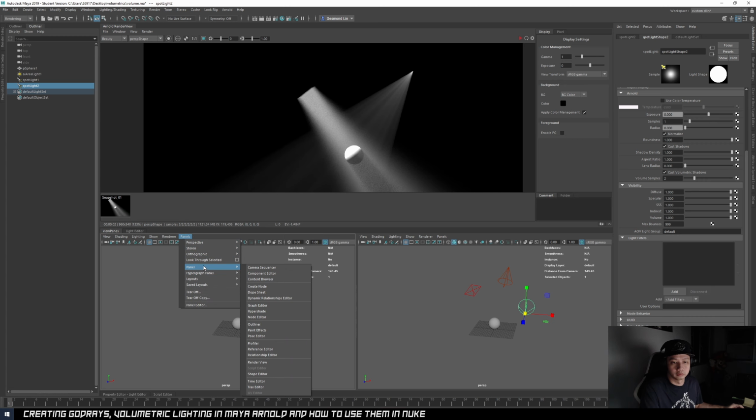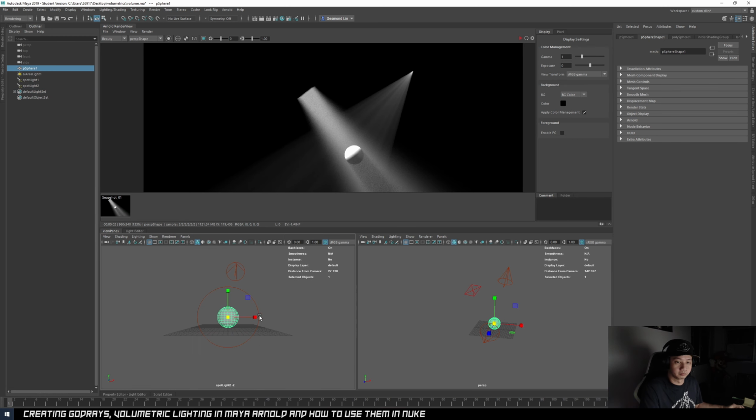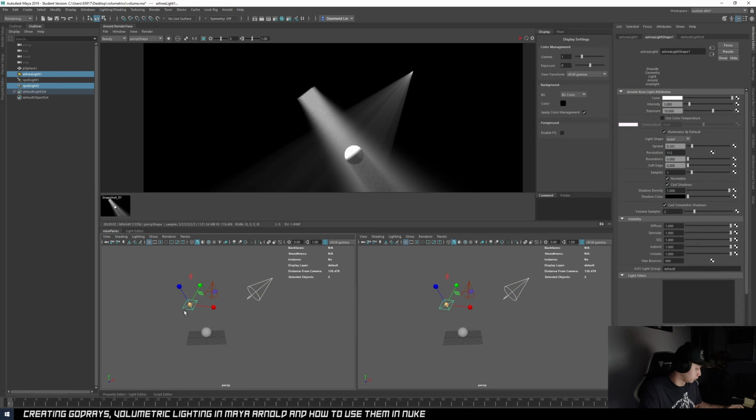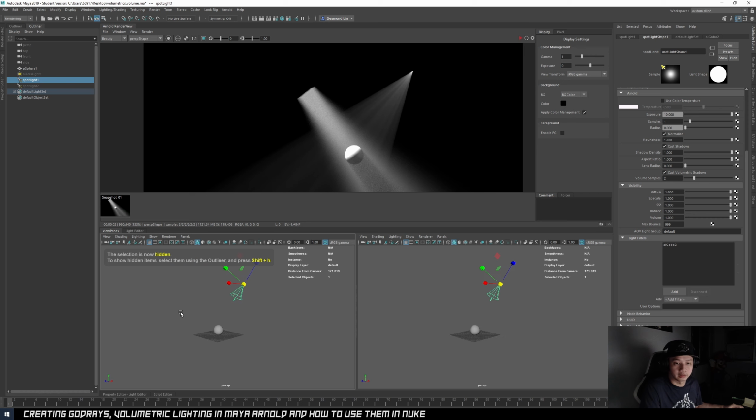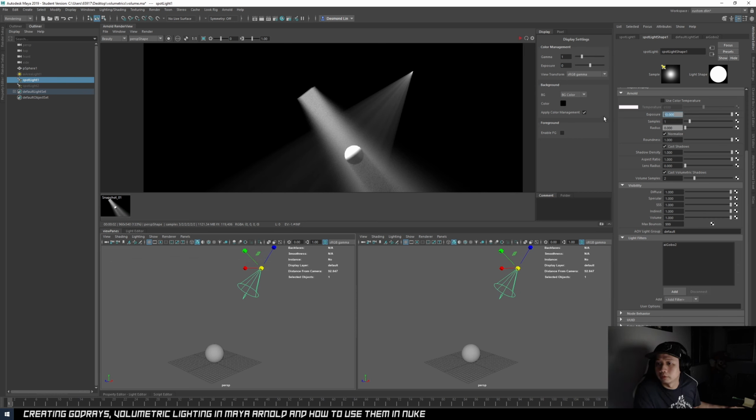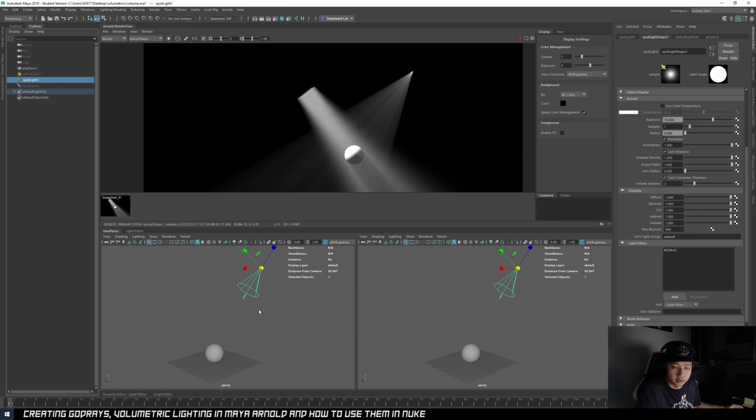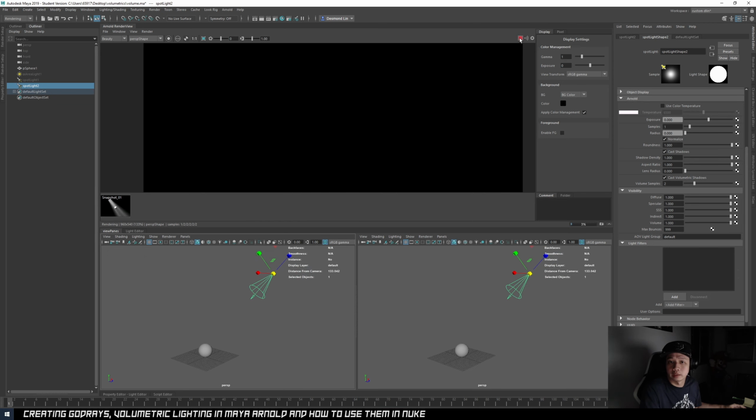Look through selected. You guys shine from the back. Maybe I'll just hide the first two so it's not so confusing. So this is the light that we just created. Then first we give it the exposure. Wait, is this the light that we just created? No, I think it's this one. Let's just do a test render, nothing.